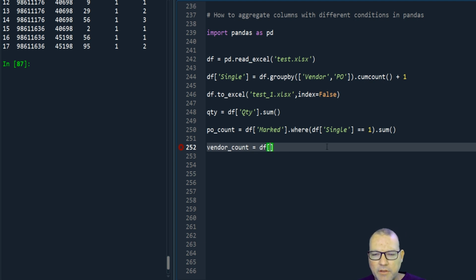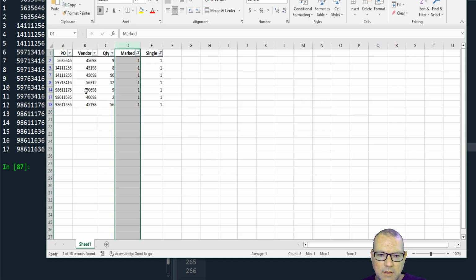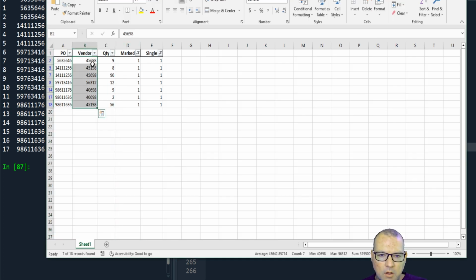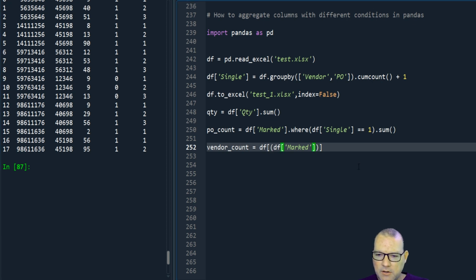Now, here's a very important thing, and this took me a minute, so we're going to stop right here. When you pass in conditions and use the ampersand sign, the curly and sign, I actually didn't know that was the term for it until about a year ago. When you're passing in more than one Boolean condition, each needs to be in parentheses. Then our df dot marked. We're doing this because there is no count, and even when we do this right here, we have duplicates because we weren't doing this off vendor, we were counting here. So we have to do an extra correction or catch. Marked equals 1,